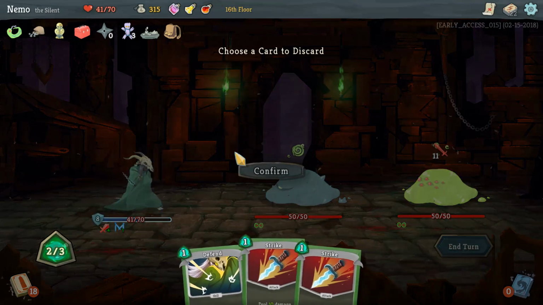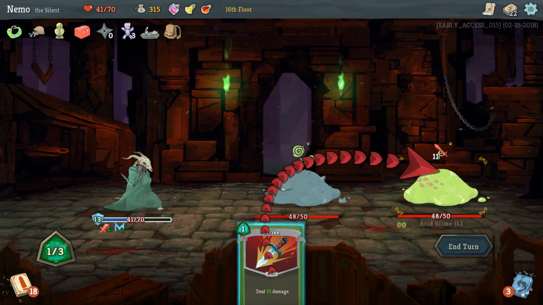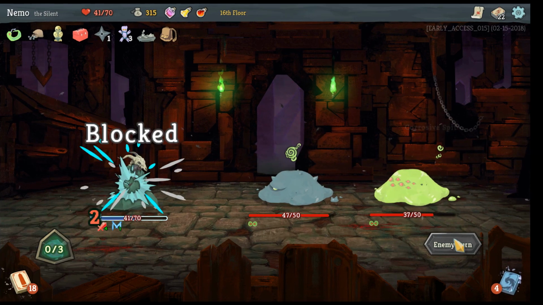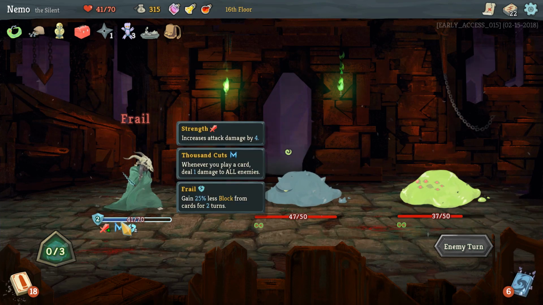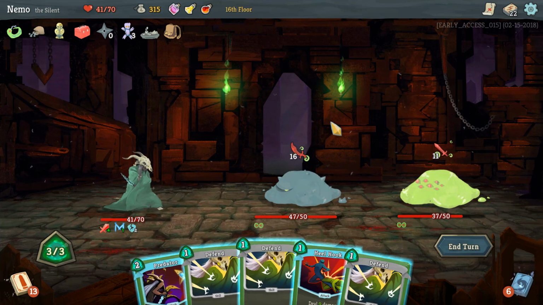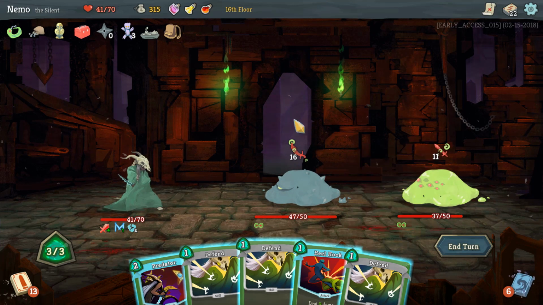Okay, so we're going to just discard this block to take no more damage and just attack you straight up. Basically, you want to time it well. Corrosive Spit adds wounds to your hand, to your deck, and Frail means you get less block. Right, okay, so... Predator, I can deal 19. 19 will take you down to...